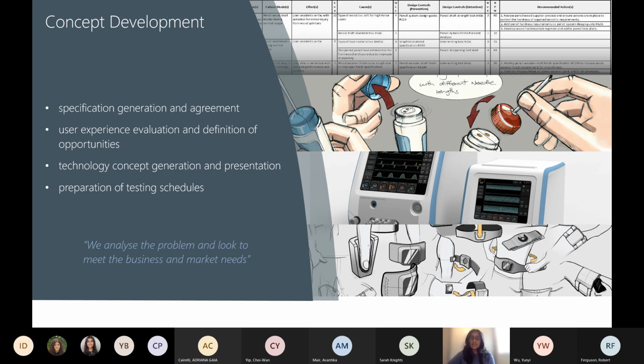This document is a technical statement that describes what the product should do from an engineering perspective. The project team use these requirements to determine the work that needs to be done to develop the MVP. The concepts are then generated, which can involve the mechanical team generating the sketches of designs that meet the requirements